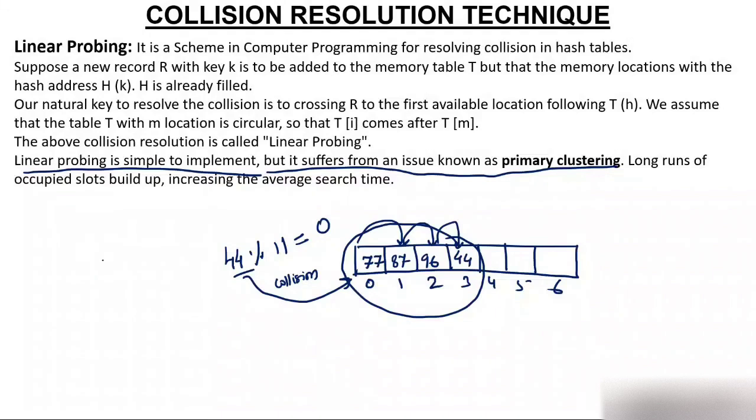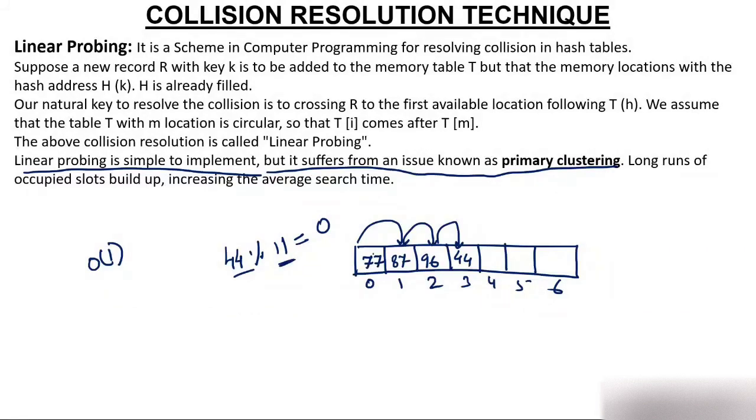one thing we know very well is that the complexity of hashing is order of 1. But suppose now you have to search 44. What you will do, you will divide 44 by 11, because we use 11 for storing the elements, so you get 0. You came here and found that 44 is not here. So what you will do, you will add 1 and you will get to the second position. You will find the second position also does not have it. You will add 1, and you will again search the third position. Again you see that in the third position you find the element. So the complexity is no longer taking order of 1. That is, it's creating a cluster. So linear probing can lead to greater complexity,